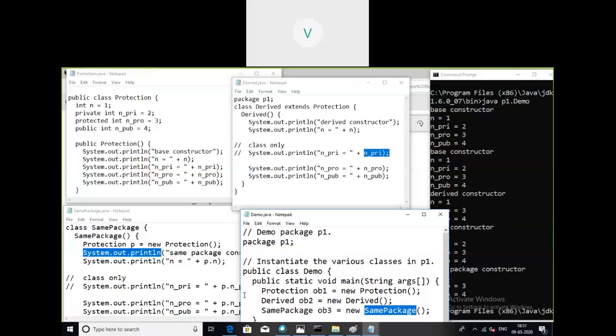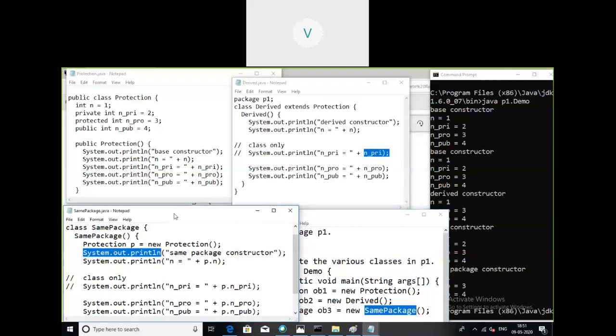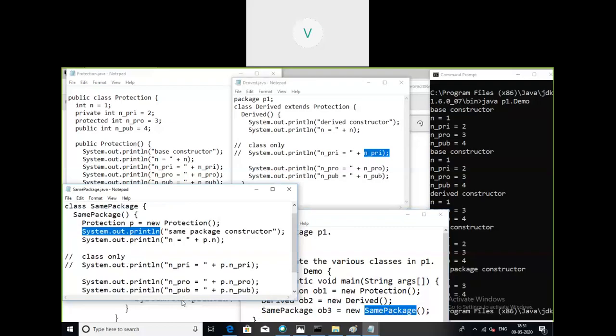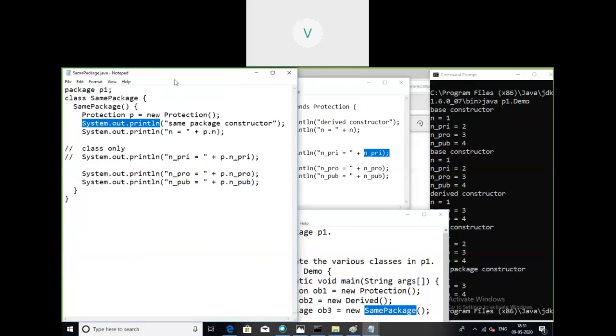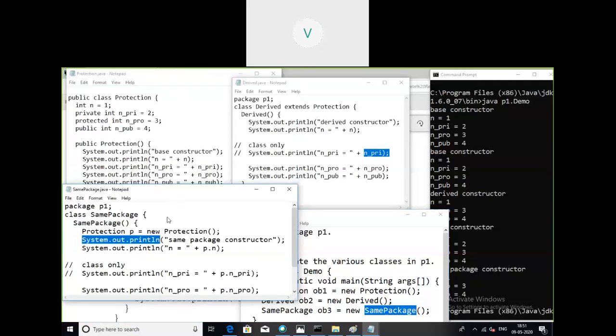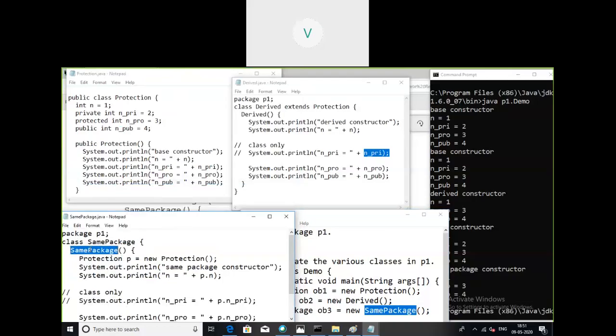Same package. When you go to the constructor of the same package, control will get transferred here. This is the constructor of the same package. But within this constructor, we are creating an object P of the class protection.